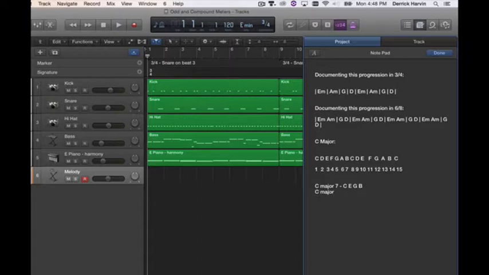Now if we want a C major 9 chord, what note are we going to add to our chord? We're going to add a D. Absolutely. Does everyone see that? So write out your 2-octave scale and write your numbers below each of those scale degrees, and you'll be able